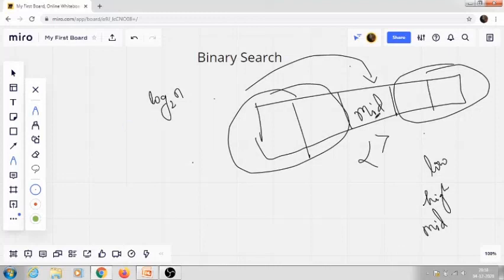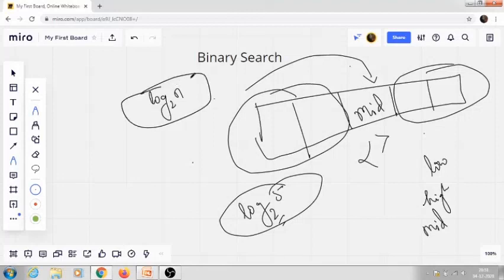Whatever the number of elements, suppose we have 5, with base 2, that will be our time complexity for this specific array, because it calculates how many times we can divide 5. So this is how binary search works, and that's the reason it is log base 2 n.